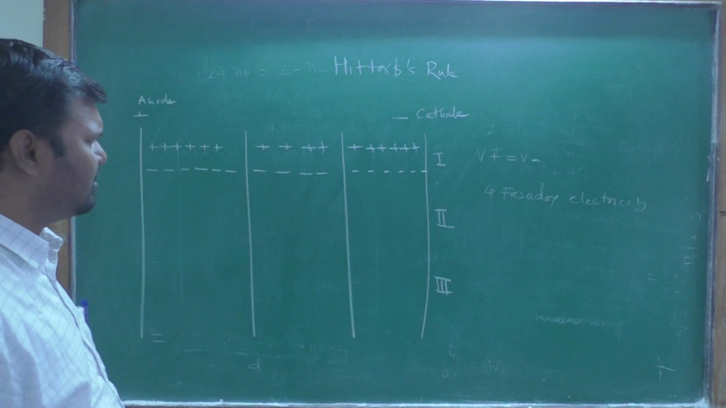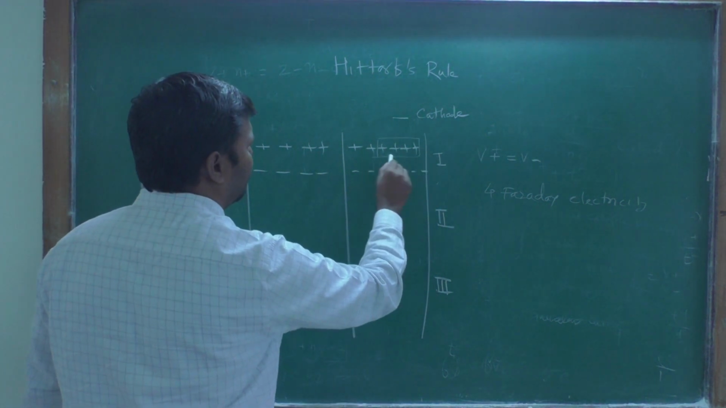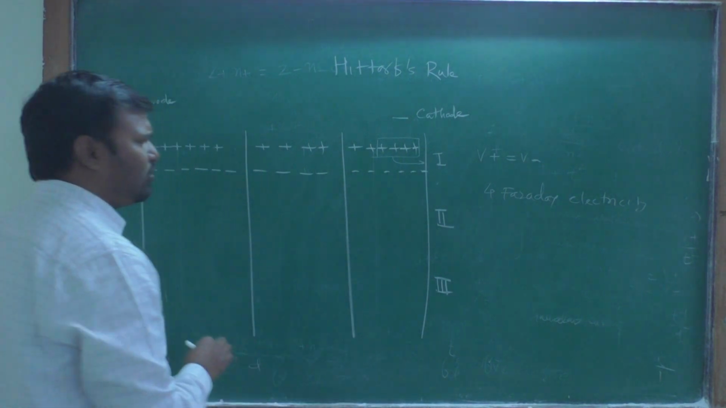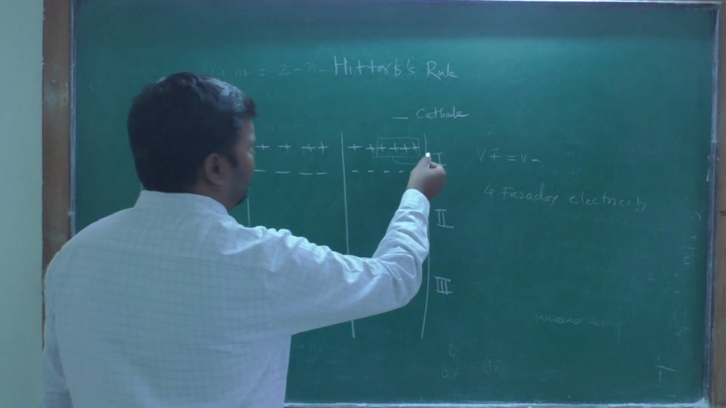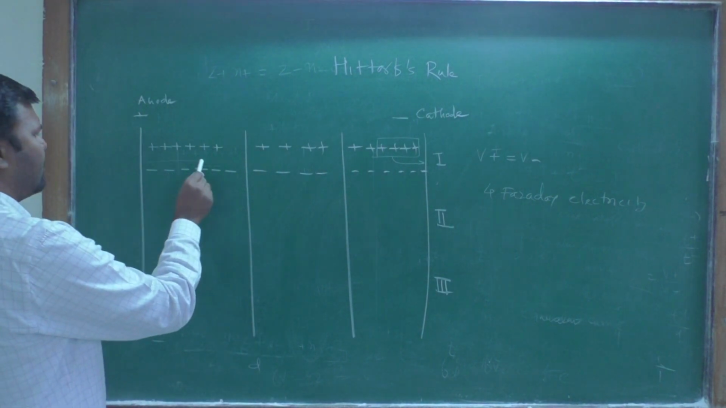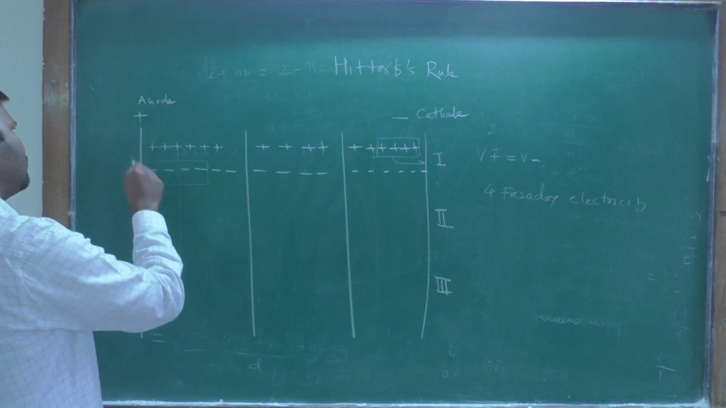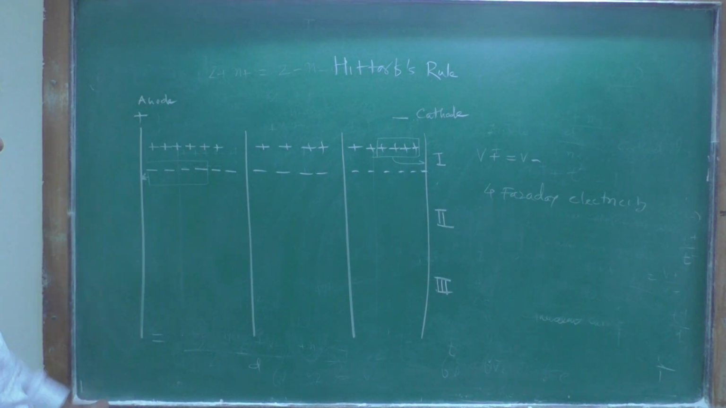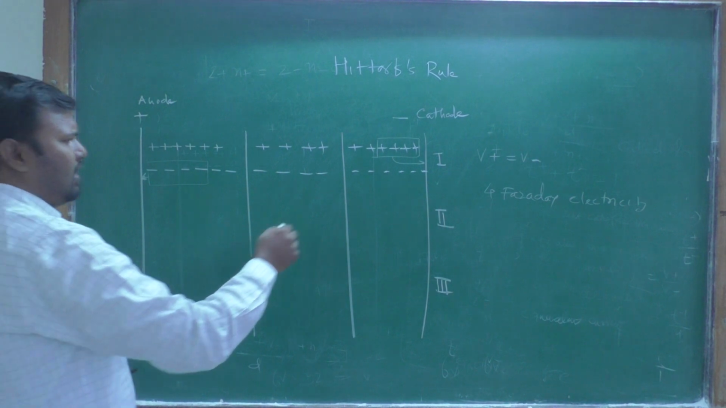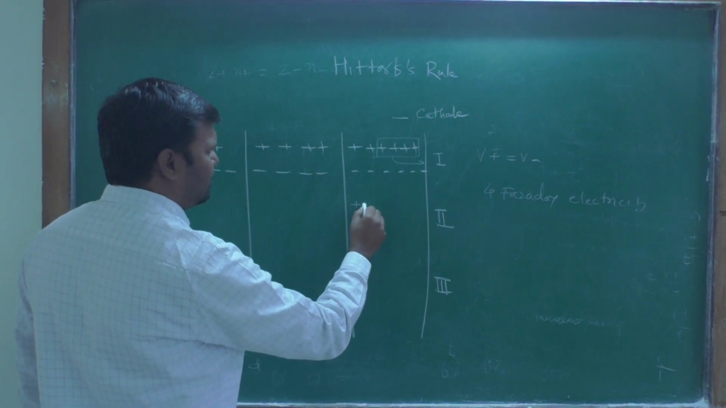4 Faraday electricity is applied. You find that it is negative charge. These 4 will be deposited at the cathode by taking the electron, and 4 minus will be deposited on the positive electrode by giving the electron to it. Okay, firstly you find that the first stage has 4 positive,